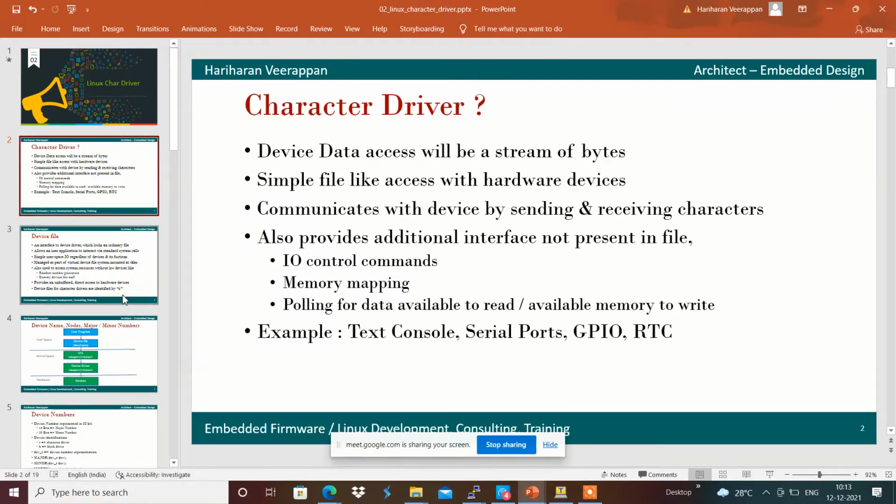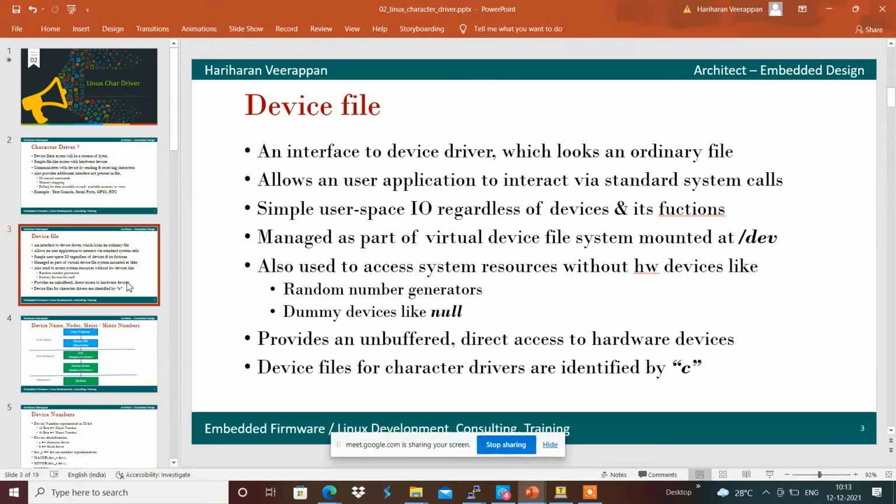In Linux, we have a device file which is used to interface to the device driver, and it looks very similar to an ordinary file present in the dev folder. Let us see what a device file is in the system.